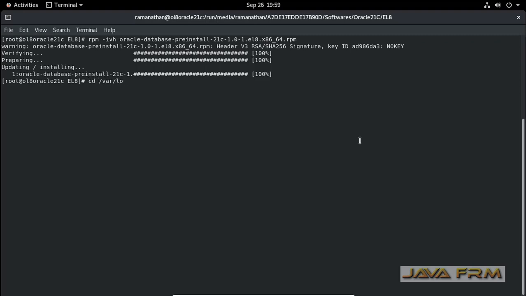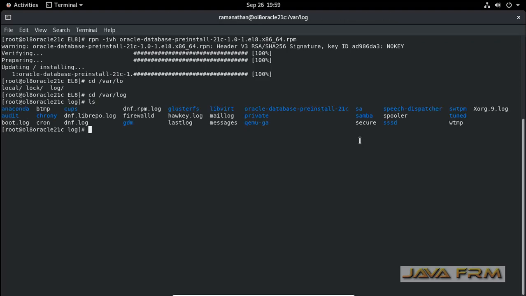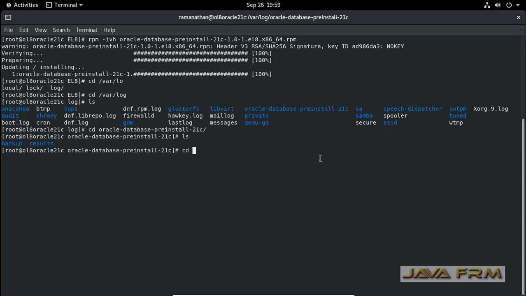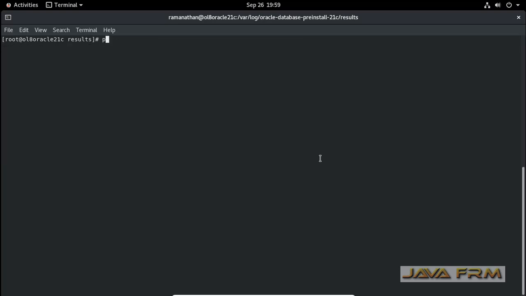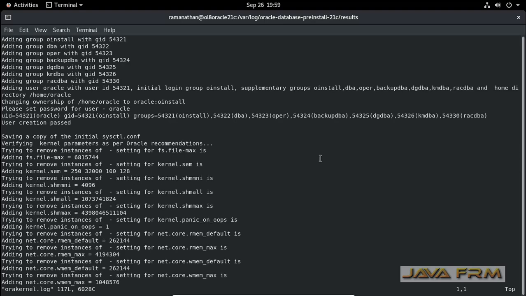Now the next step is to verify the log files. Under /var/log you can see some directories created by the pre-install RPM. Let us go into the directory. Some of the log files are very important here; in case the installation fails, you can verify these log files.